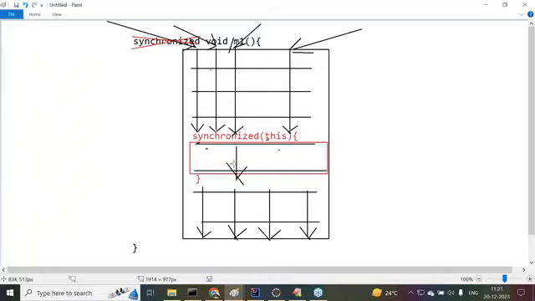Why? Because synchronization is not a good concept. Synchronization will reduce the performance of the applications. Of course, it is able to provide data consistency, but for the sake of data consistency, we have to compromise on the performance of the application. But if you are not thinking about data consistency, then it is not at all suggested to use synchronization in our applications. Why is synchronization not suggested? I can give one example to you.